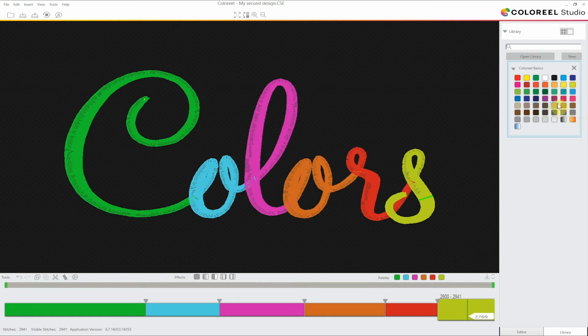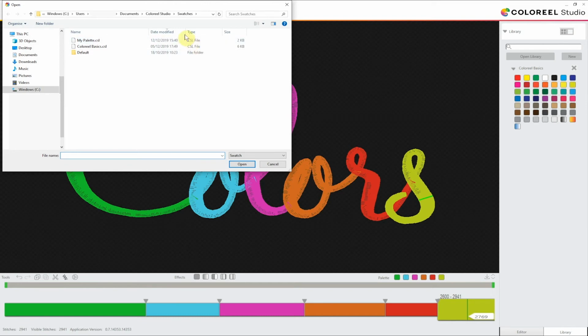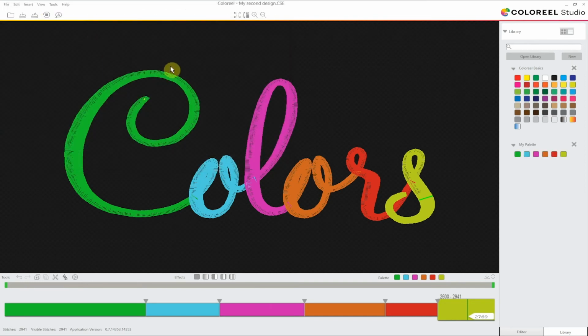But we don't want to use that right now. We want to open our own library. So I'm going to press the Open Library button, and once again, Coloreel Studio has opened in the Swatches folder, where we saved our palette. And here it is. So I'm going to click it, and now it's been added to the libraries at the